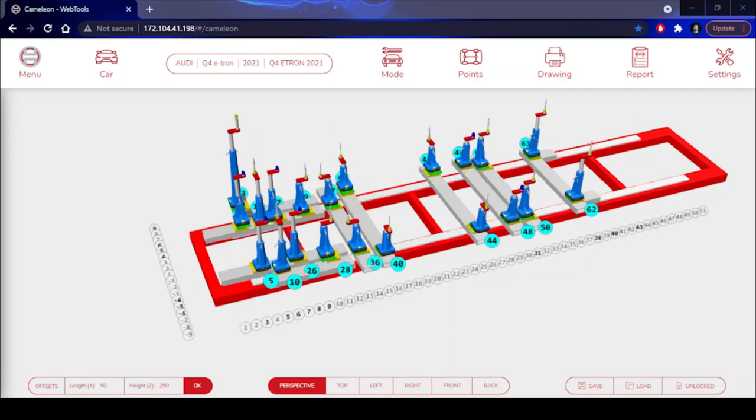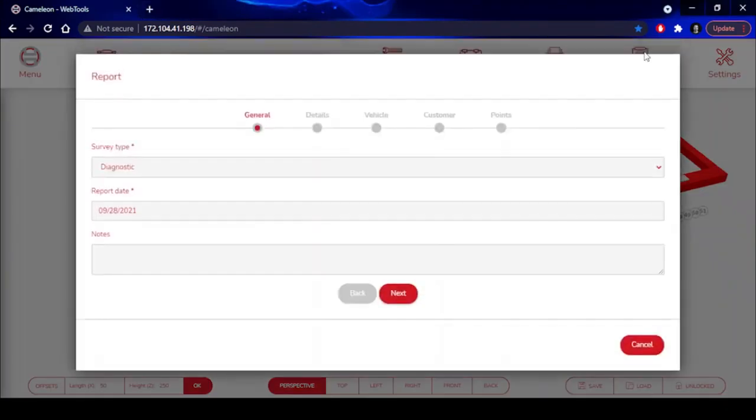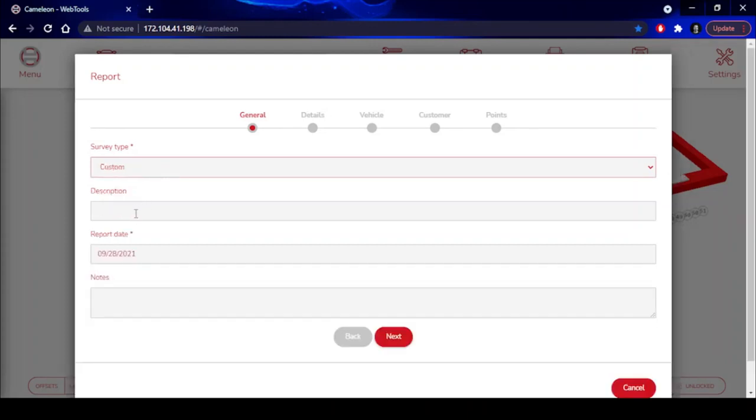What I can also do is create a report of the configuration I made. So I click the report button. I can choose the survey type, so either diagnostic, pre-repair, post-repair, or use a custom description. I can enter some side notes. Let's say, I don't know,